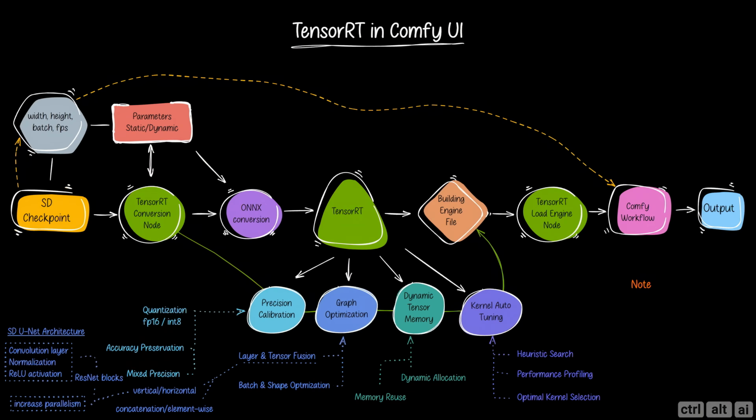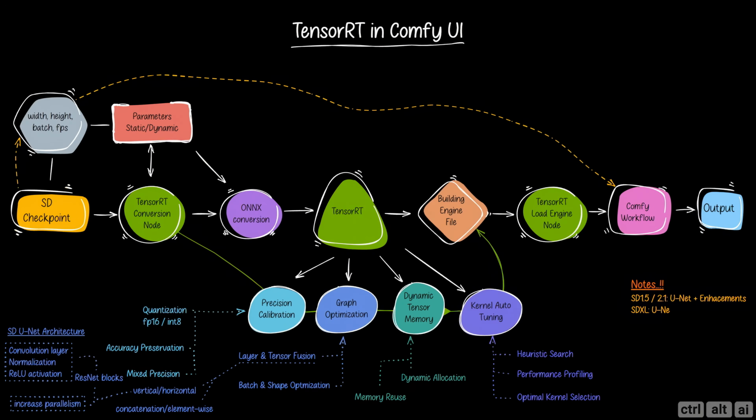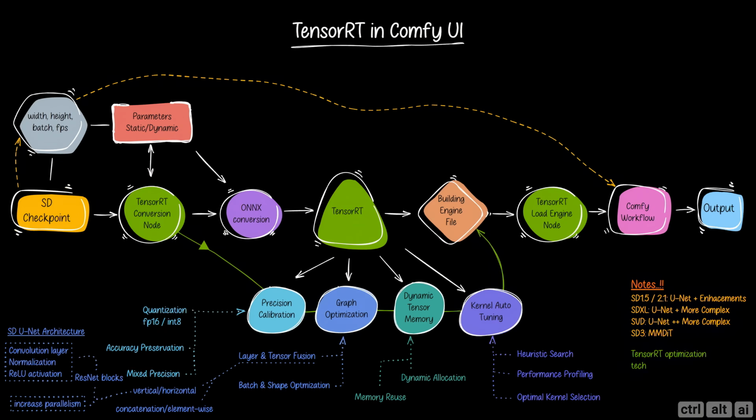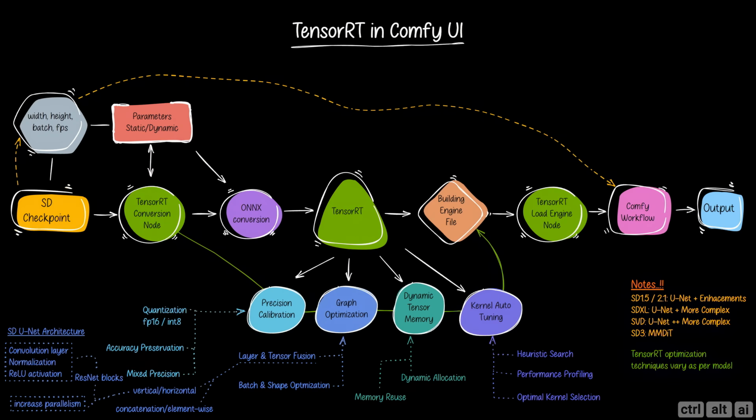Please note that the SDUNet architecture applies only to SD 1.5 and 2.1 versions. SDXL and Stable Diffusion are not pure UNet models. They are built on the UNet with a more complex architecture. Stable Diffusion incorporates attention mechanisms to capture temporal dependencies between frames in a video and continuous time steps for better